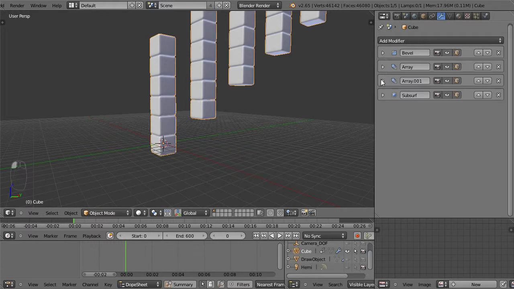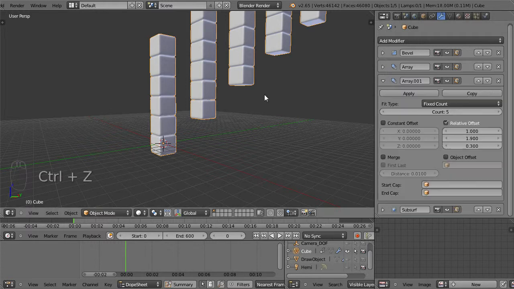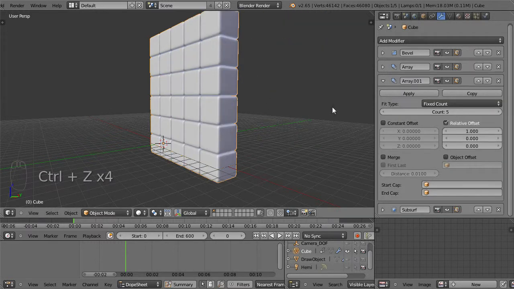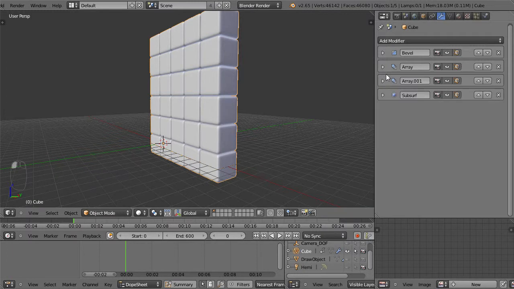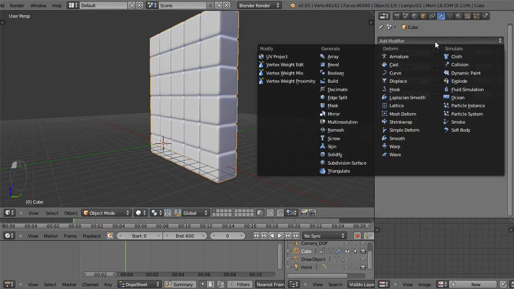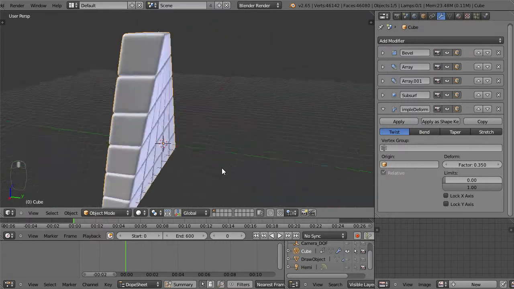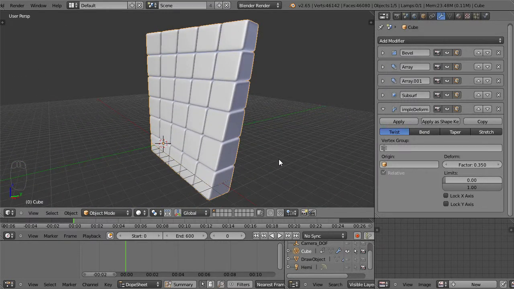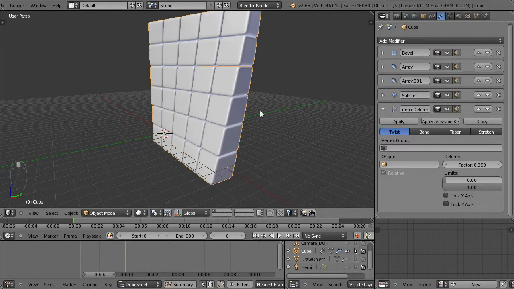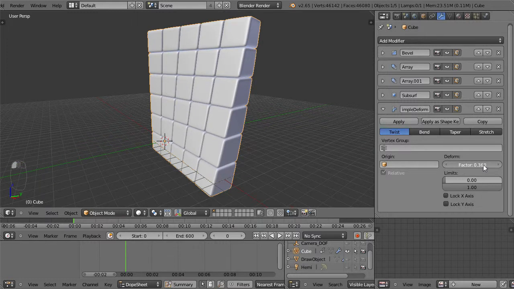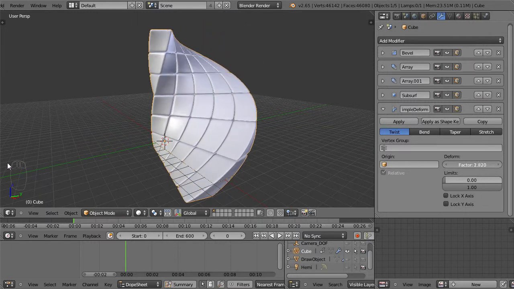So that's pretty much the array. I'm going to Control Z to undo this. And the last modifier I want to talk about for now is the simple deform. The simple deform is an extremely cool modifier, and what it does is deform your object in one of these 4 different ways. It's by default set to twist, and we can change the amount it twists by